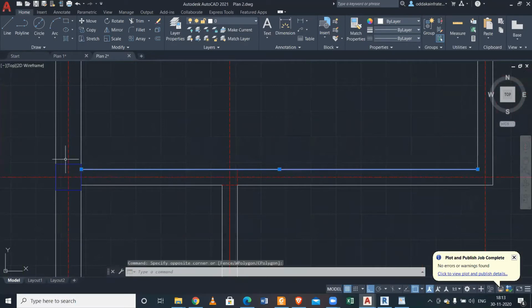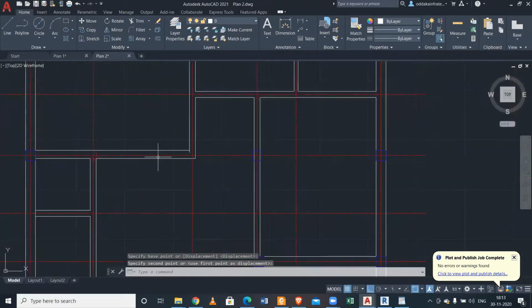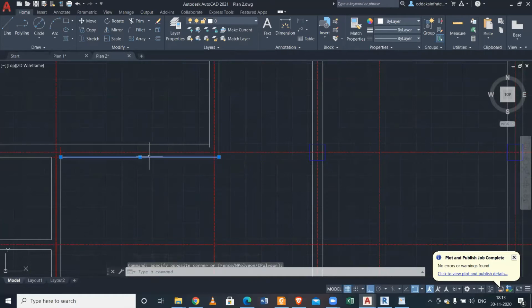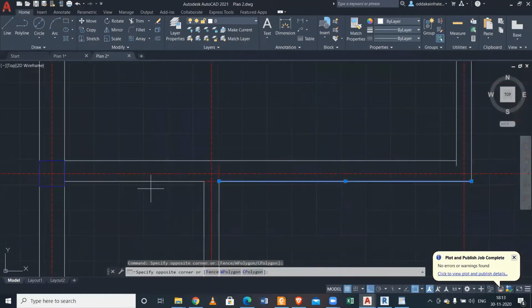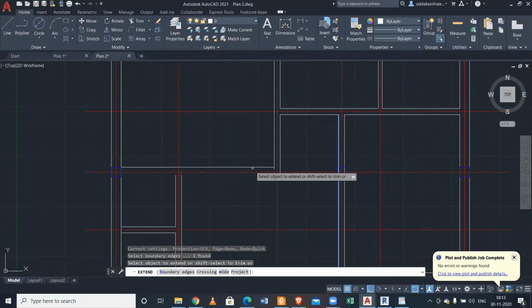And the center line will be the same, we can move this. The center line should be after the position of the column or the center line of the wall. This is actually the center line of the beam. So it should go up to here. Click this, extend, and then we can copy this from here to here.